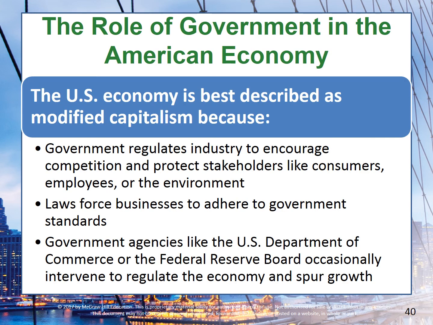As we talked about several slides, the U.S. economy is best described as a modified capitalism because, of course, we have government regulations. They encourage competition. They protect the stakeholders and consumers, employees, and environment. They have laws that force our businesses to adhere to government standards. And we do have government agencies like the U.S. Department of Commerce and the Federal Reserve Board that sometimes have to intervene with our economy and spur the growth